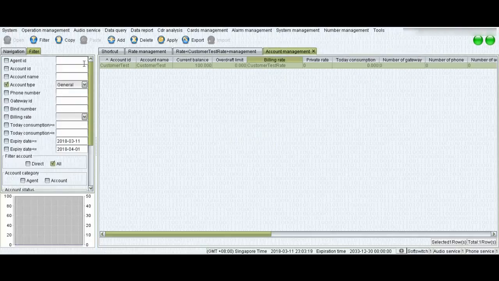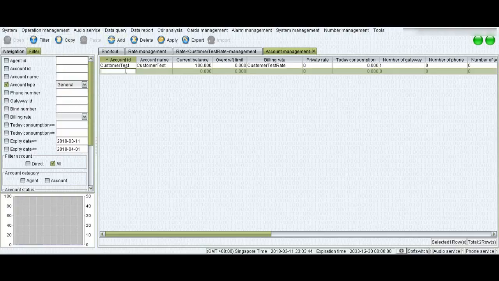Now let me give you one more example of why you can see the red column on this section. I have already told you there can be two reasons. One, the balance is low. Second, you have entered the same IP address of mapping gateway on two customers. Now I will add one more customer. I'll name it second customer. I'll select the rate type.